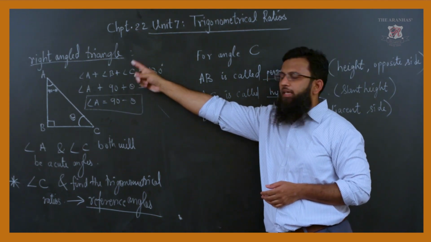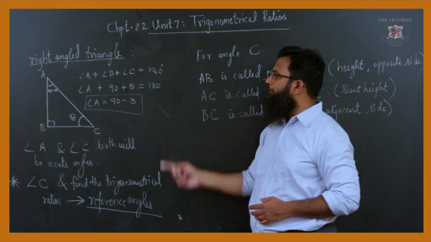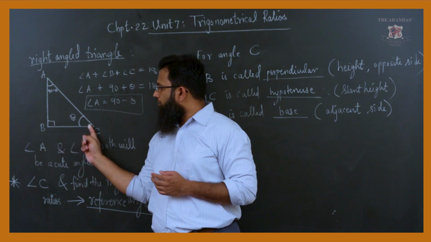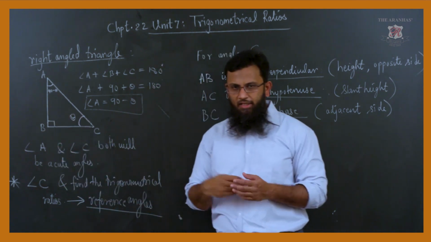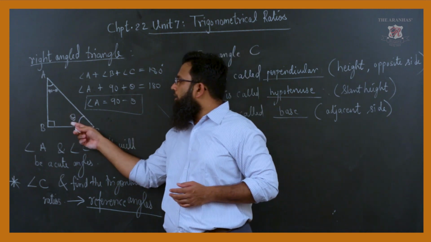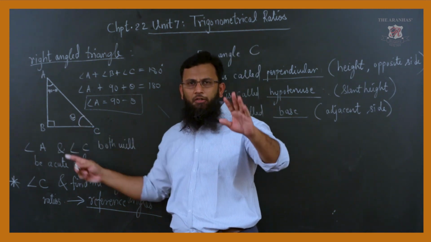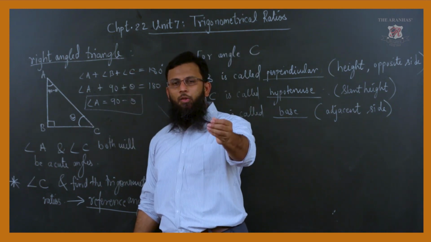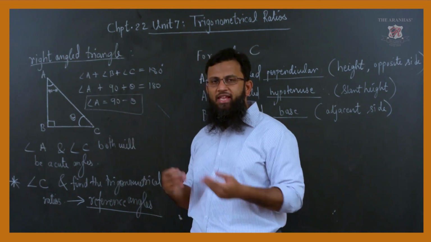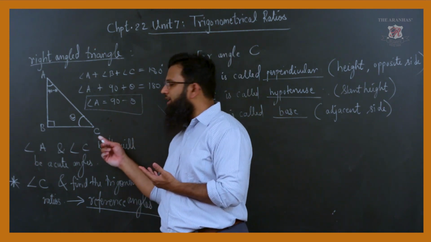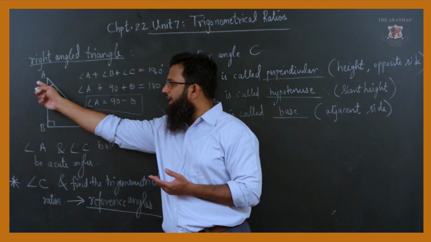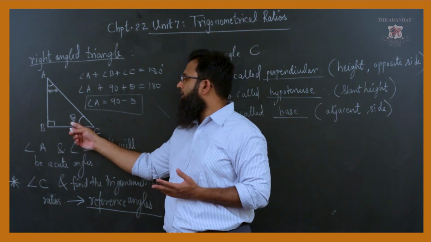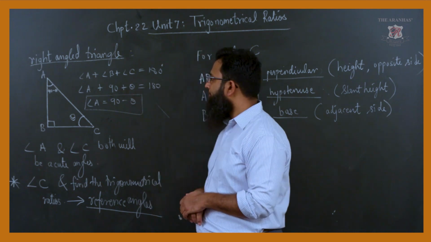For that, the essential thing is there should be a right angle triangle. One angle is 90 degrees, where the perpendicular and the base intersect. One angle is considered as theta. Now, it is not compulsory that you consider it as theta. One can also consider it as x, y, z, or simply call it angle C, angle A, angle B. It's just for my understanding and your simplicity that I am taking it as theta.